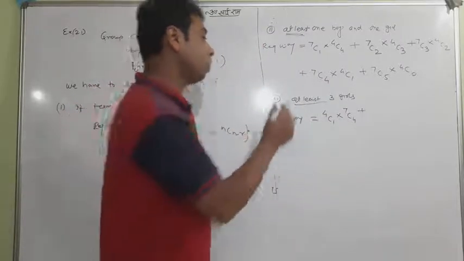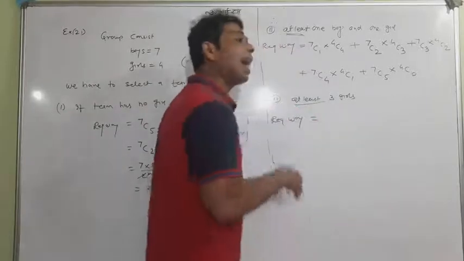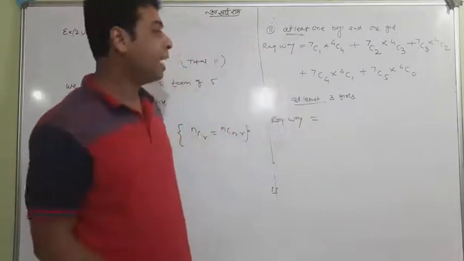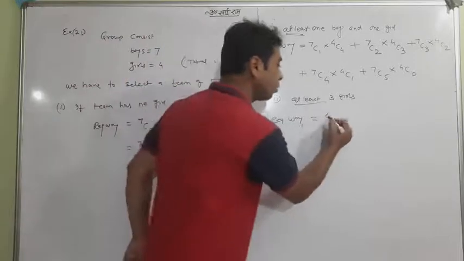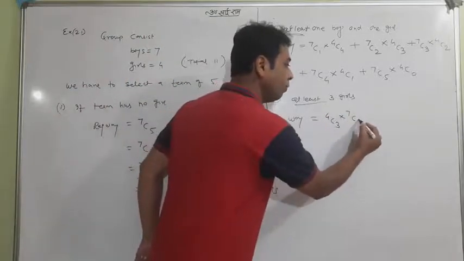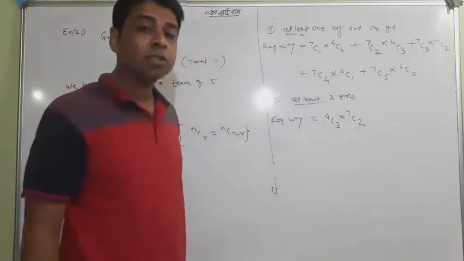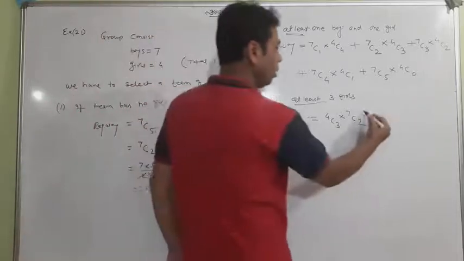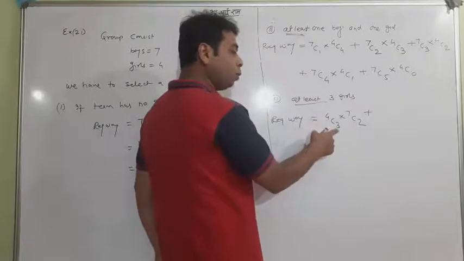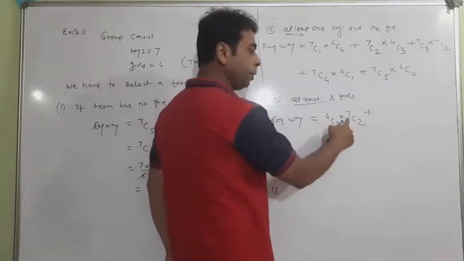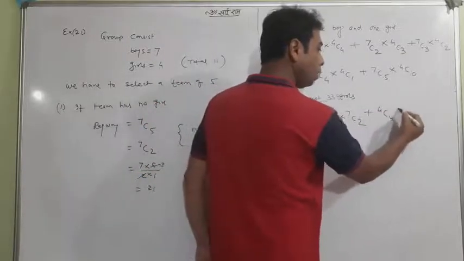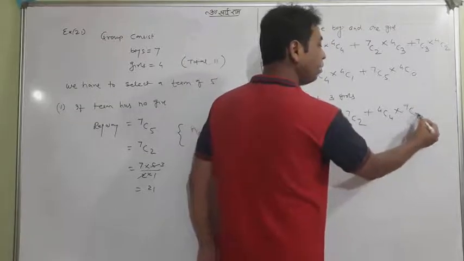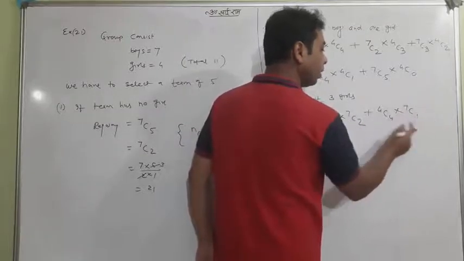Sorry, it's my mistake. At least 3 means minimum 3 and then more. Meaning at least 3 girls, I'll choose first 3 girls. So definitely 2 boys will be there. Look here, I tell you. This condition will happen if you are choosing 3 girls out of 4. So 2 boys will be there. If all 4 girls are chosen, definitely boys will be 1 only, because you have to make a team of 5.